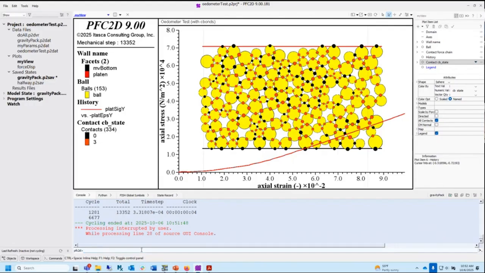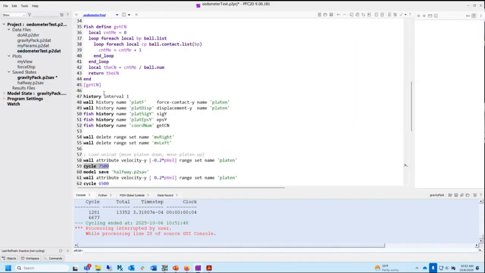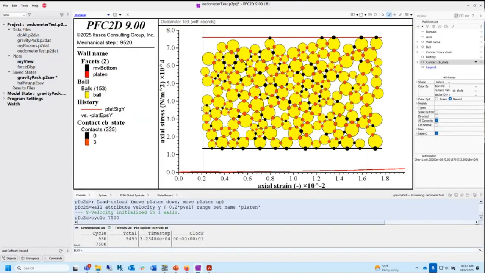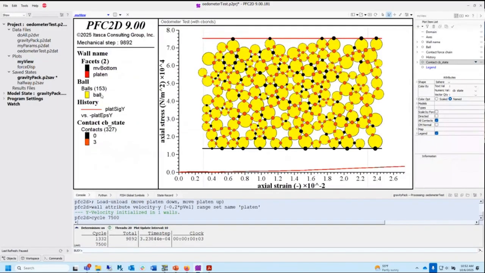Let's just do some super crude stuff here right now. Now we have two parameters, tensile strength and shear strength. Let's keep the shear strength infinite and only let it fail in tension. And I have no idea what to put here. Let's put 1e5 and see what happens. I want to see if I get some breakage here.